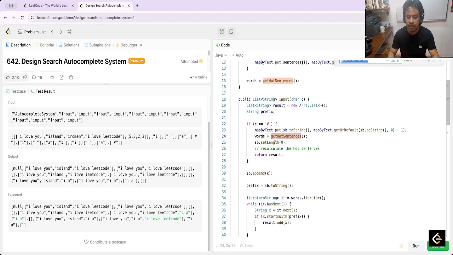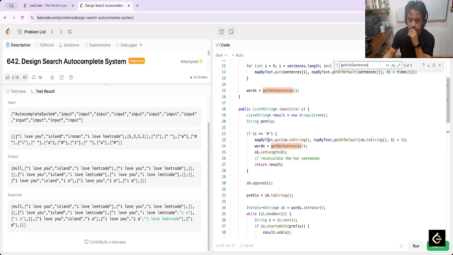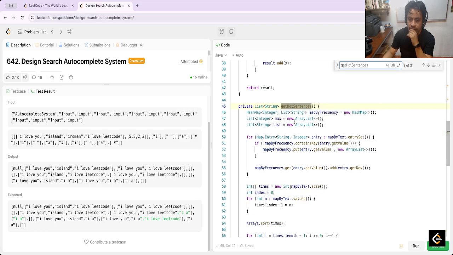In hot sentence, what is happening? In the case that exists, return the frequency. In other case, basically add +1. Here I am calculating